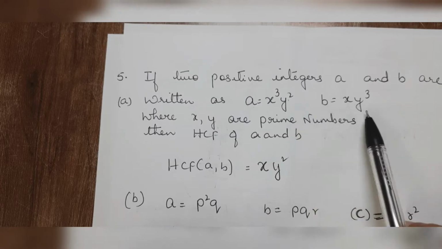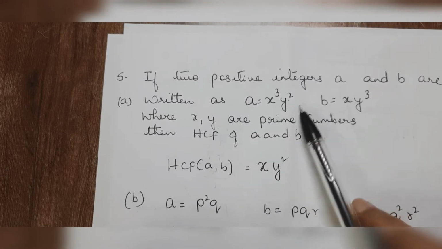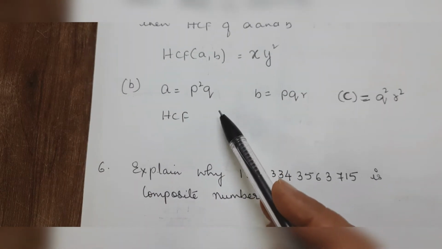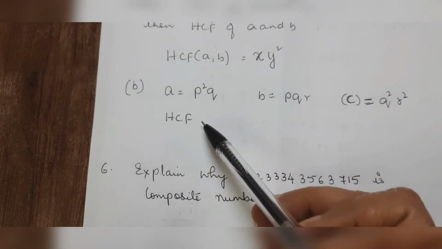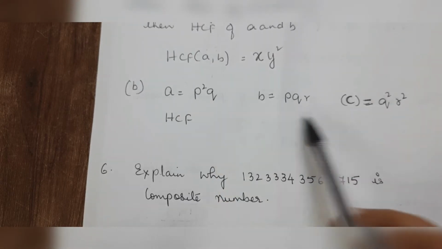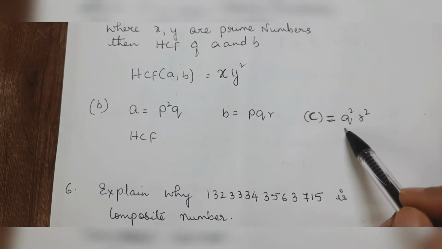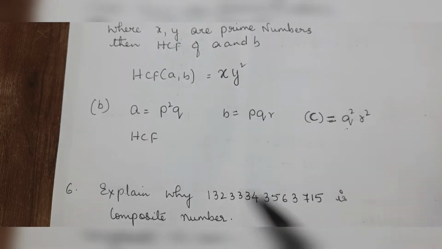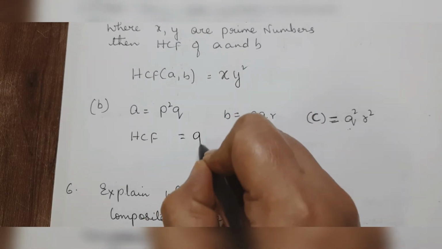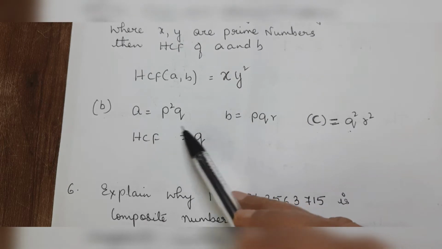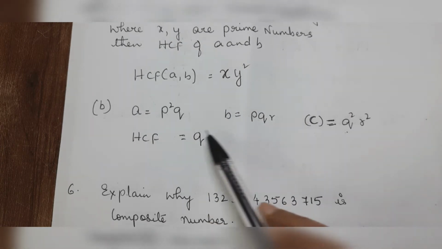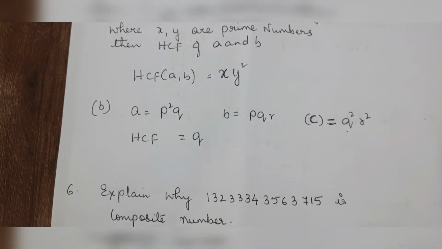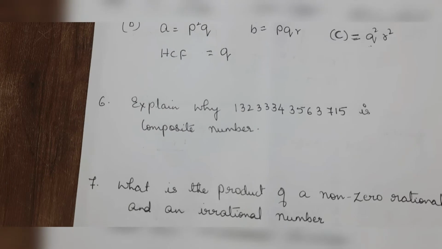If y is here and y is not there in the other, then it is not common. Do not take it as part of the HCF. Then one more I have given as a practice question. Here in this case, find HCF. p is here in 3 terms, but p is not here in another, so it will not fall in the HCF. Q, yes, Q is here in all. The lower degree is Q. The HCF will be Q. Since p is not common in all 3, it is not considered. R is there in 2 but not in the first one. Don't take it. HCF will be only Q.